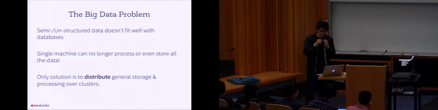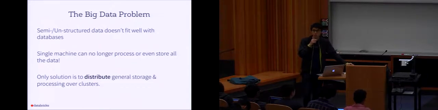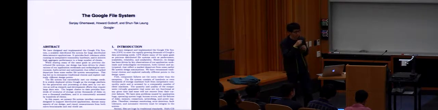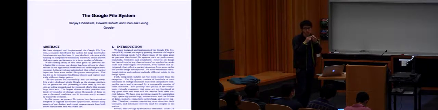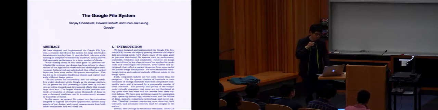So for these two problems, I think Google was starting to explore their own technology stack. And if you really think about it, there's no other way than to distribute both storage and compute. So back in 2003, Google published, I believe, the first and most influential paper out of Google, the GFS, Google File System. If you haven't read this paper, I really recommend you go read the introduction. It's a fairly interesting and well-written introduction.